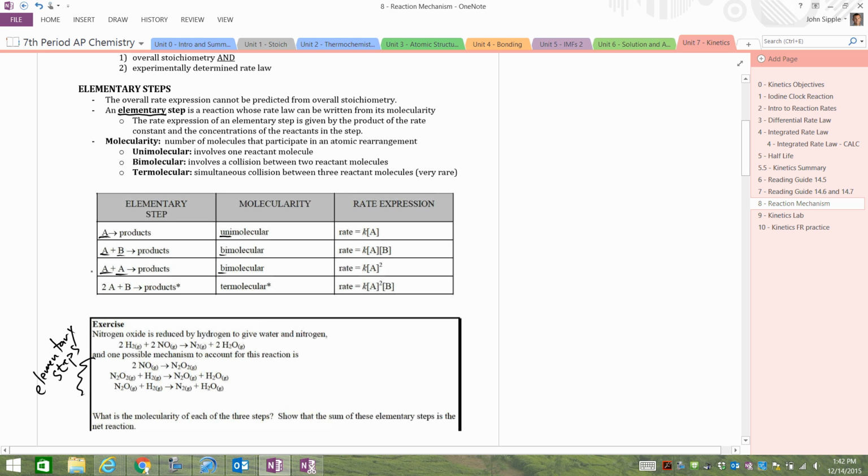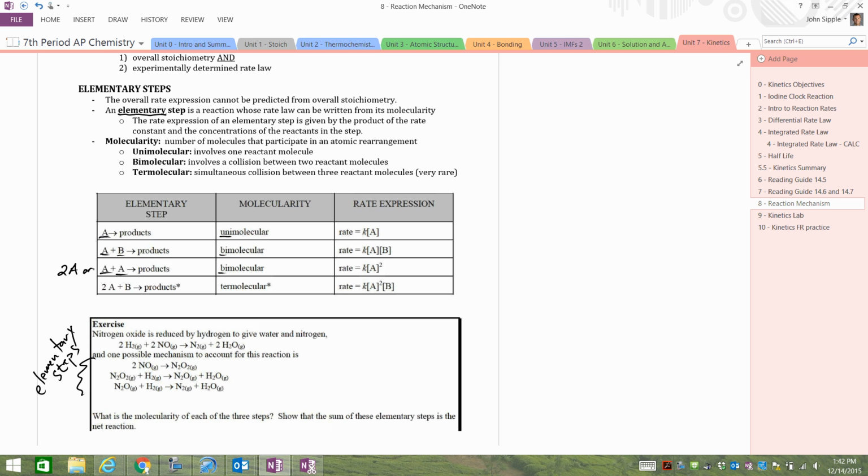Okay. And this could also be written as like 2A. They wrote it like that. That would also be considered bimolecular too. And one that is kind of rare is the termolecular one, and that's where you have 3 reactants all coming together and colliding at once. Okay, so